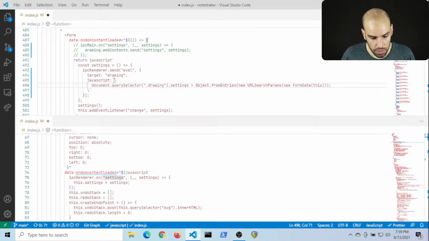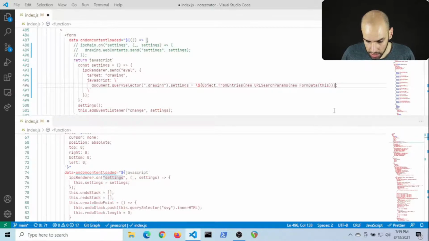So check this out. This is really crazy. I have this string going on, and I have to interpolate this. At this point, this part of the code is running on my menu. And on my menu, I can escape to JavaScript on the menu.